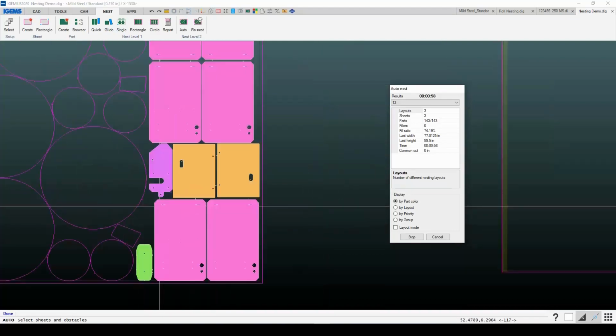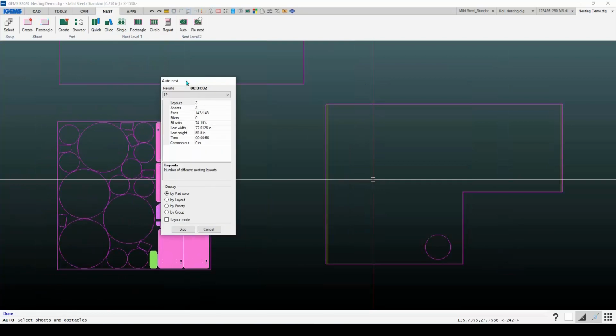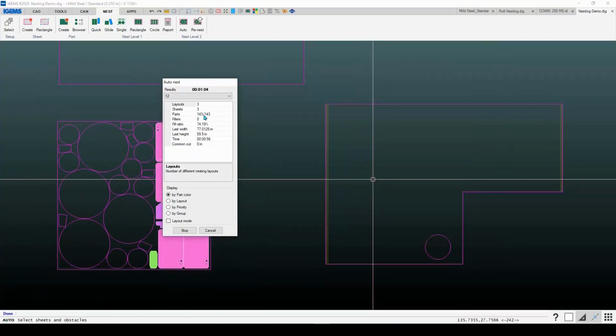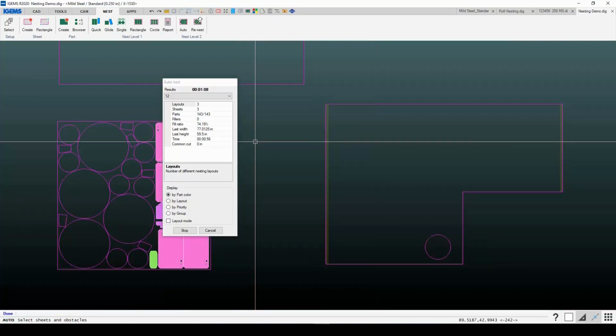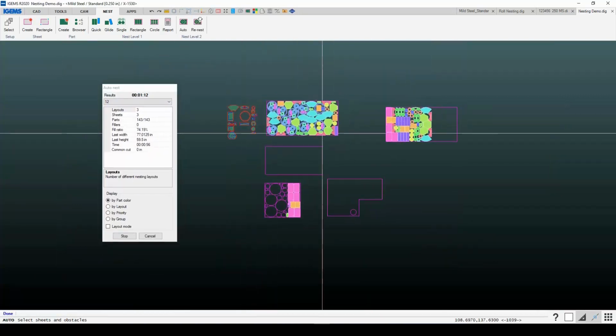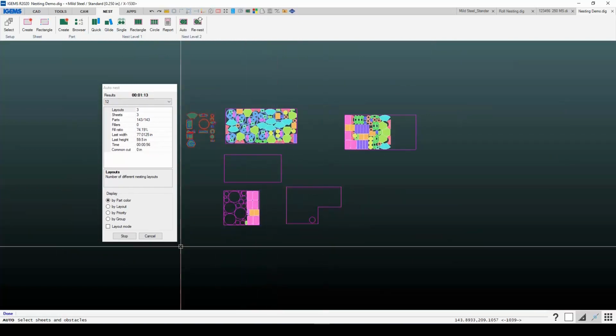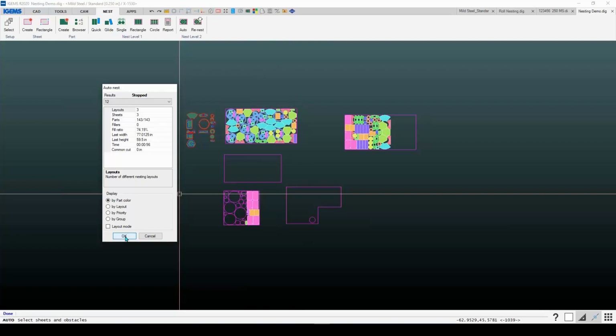So as it's going along, putting parts on here, this Parts box over here shows us how many parts it has nested, as well as an idea of material utilization. You can let this go on for a while, depending on how many parts you have on here. Ultimately, if you're happy with what you've got, you can click on stop and then click on OK, and it'll